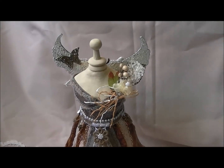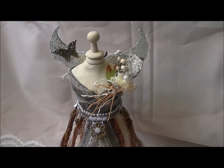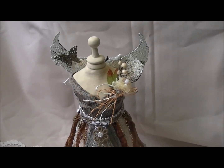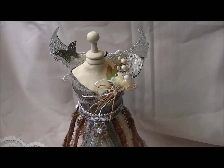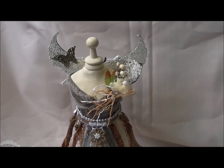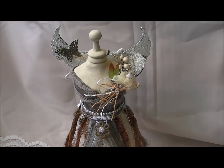I have another project for next month that I have been working on for months and months and months, and I've just had a disaster with it again. So this time I always have maybe half a dozen projects on the go at one time anyway, so I decided to crack on with this one and get this finished,